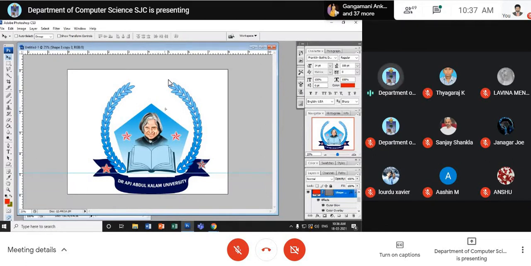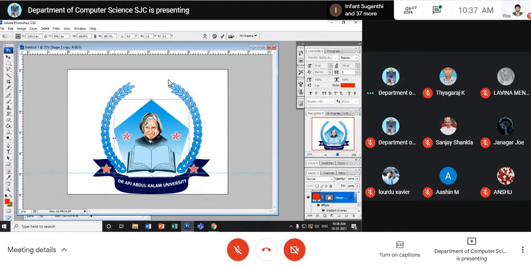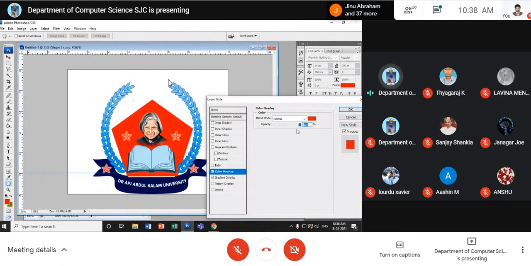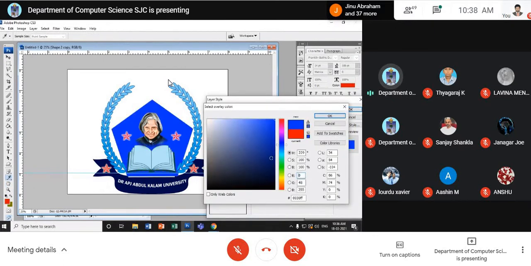With the help of the Alt key, I made another copy. I make it a little bigger. Now go to layer style and give a blue color, dark blue.